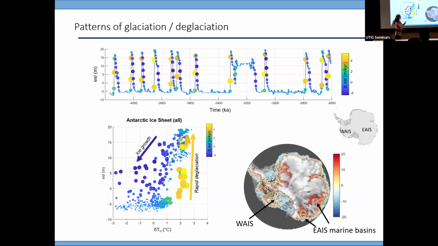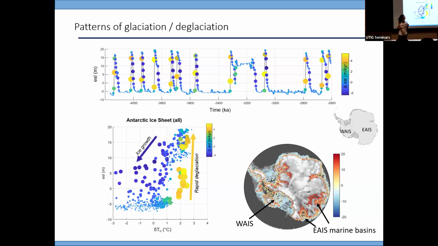Again, these sea level high stands are driven by West Antarctic ice sheet collapse and East Antarctic marine basins. The signal is actually dominated by East Antarctica because it's a bigger area, and it's this big, thick ice sheet. When you start taking these cookie bites out of it, you have to thin a ton to get the grounding line to retreat, and so you actually contribute a lot of sea level from the East Antarctic ice sheet.